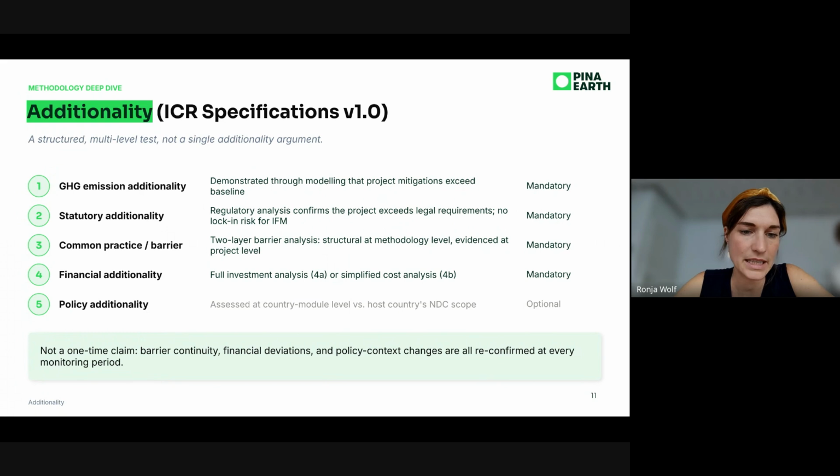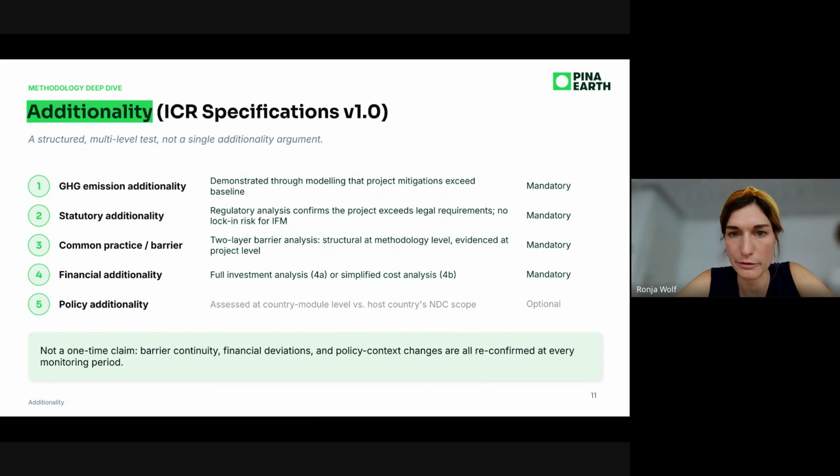Policy additionality checks essentially if the project falls outside national climate policy, or if that's already covered by it. So what that means is it just checks if there's a nationally determined contribution in place. And since this is basically a binary decision for each country, this is also set in